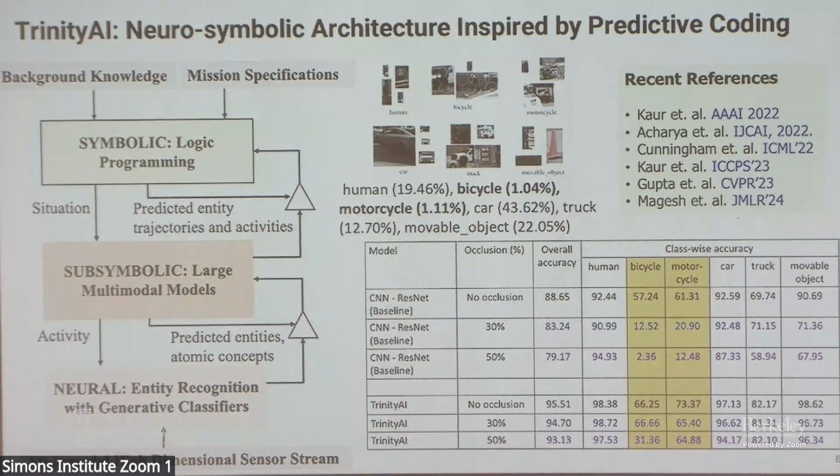We can also handle perturbations like occlusion very well, which is not very surprising because we are able to exploit the context, similar to the examples that I showed you. This architecture is also exploiting the larger context to be able to make predictions. So obviously, for things like occlusion and adversarial perturbations, this kind of architecture is going to be much more robust.